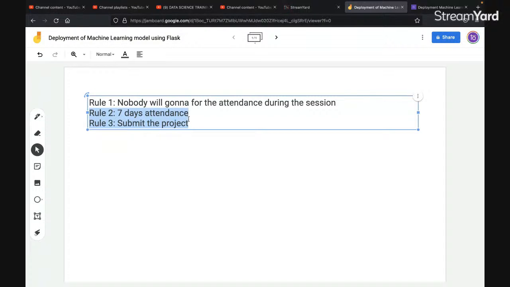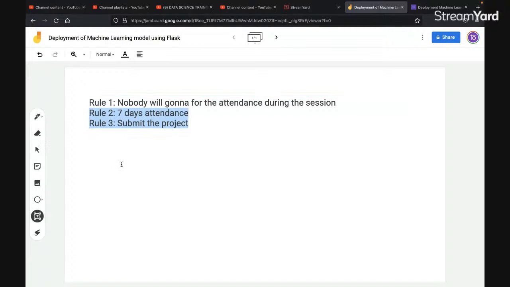Awesome. Now, first of all, let me give you my introduction. Who am I? Who is your instructor? Then we are going to start with today's session. So my name is Sahil Rahman. I'm a software engineer and a lead data science instructor. If you want to look at the things that I have done, you can check out my LinkedIn. So let me provide my LinkedIn ID over here as well.